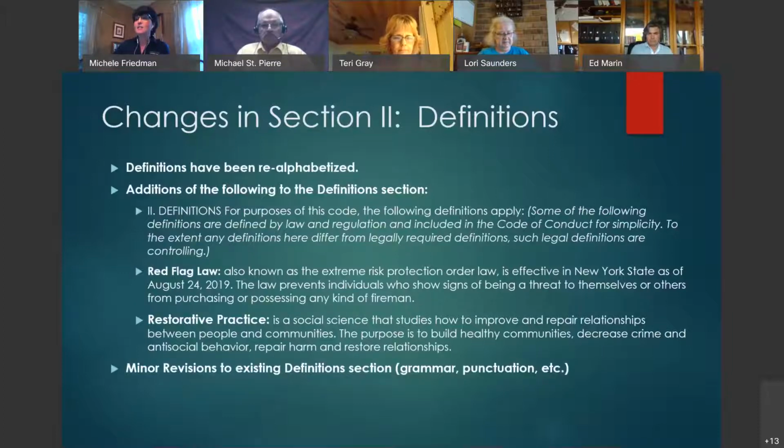And it says, and this was taken word for word by our attorney's recommendation, some of the following definitions are defined by law and regulation and included in the code of conduct for simplicity. To the extent any definition here differs from legally required definitions, such legal definitions are controlling. So that was one of the major additions to the code of conduct. We added the red flag law, restorative practice, and then we made minor